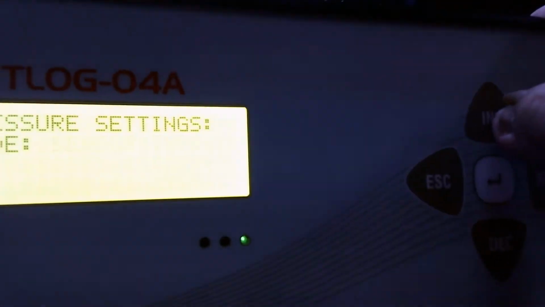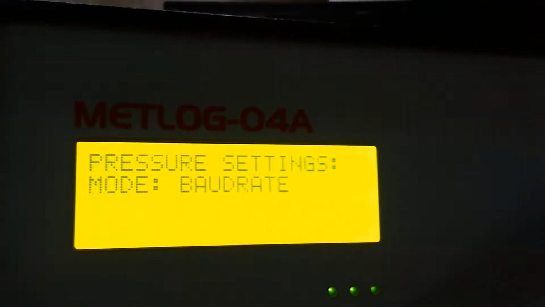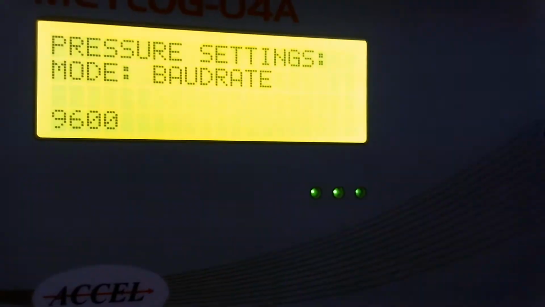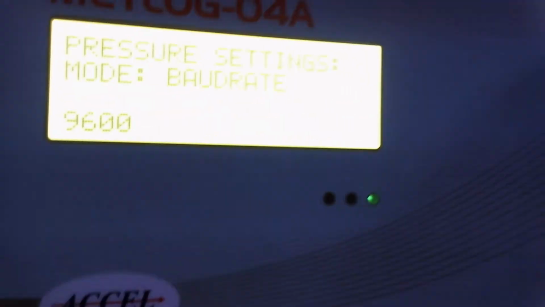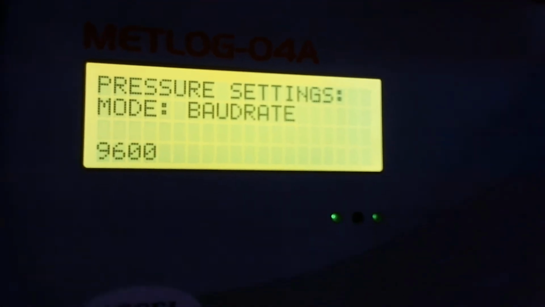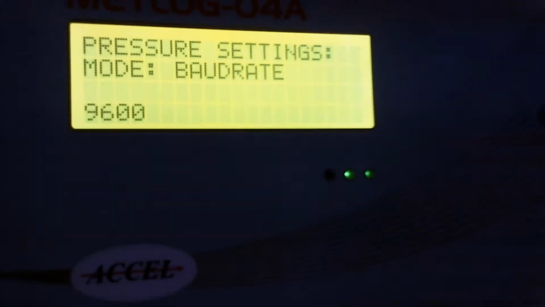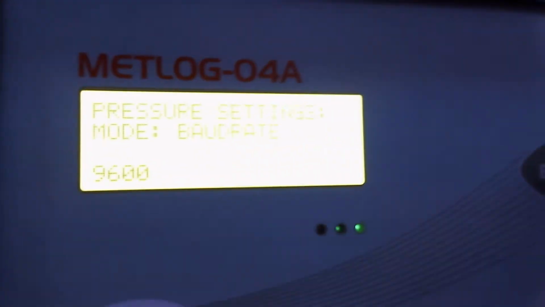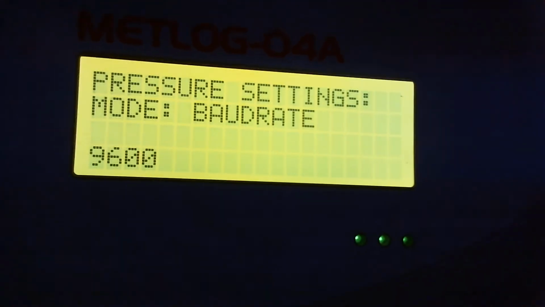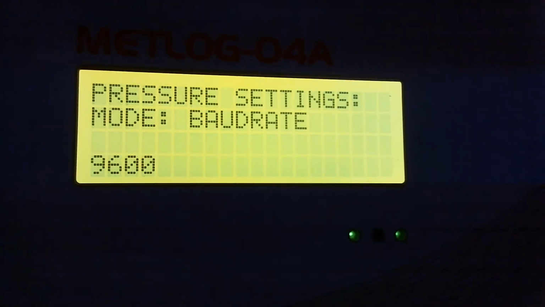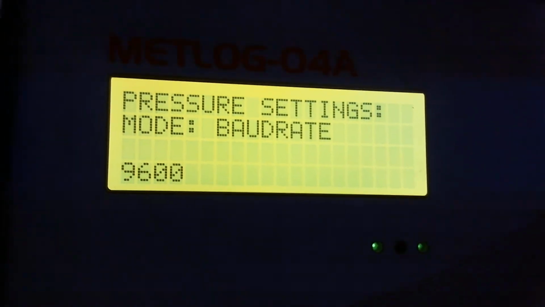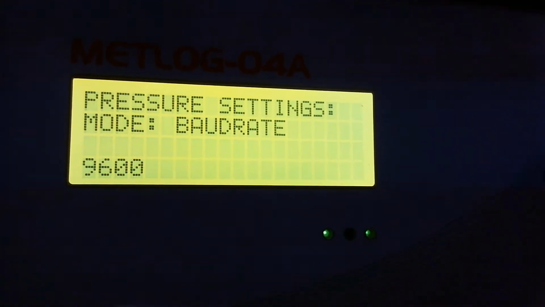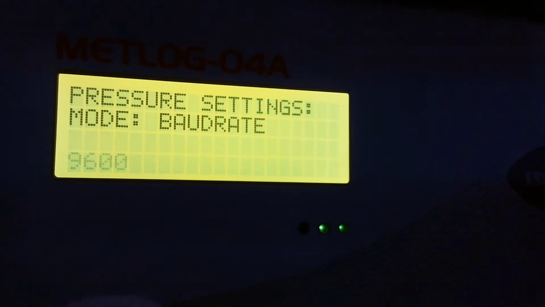The next setting, press the increment button, is baud rate. Press enter. Then your baud rate again is 9600. So for the ultrasonic wind sensor and for the pressure sensor, baud rate is the same, 9600. For changing baud rates, I have shown you, make use of the increment and decrement buttons. Remember, pressure sensor and ultrasonic wind sensor have baud rate 9600, optical anemometer 4800, cloud ceilometer 1200. Okay, then press enter so that the changes will be saved.